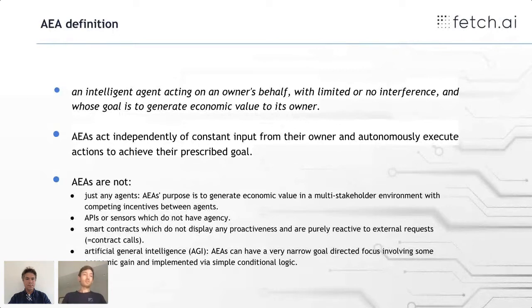And finally, I think it's also important not to worry that AAs are some sort of intractable piece of software which doesn't yet exist or might only one day exist. So it's not to be equated with artificial general intelligence. An AA can implement very basic logic, but which is useful to the owner and delivers economic value. So for instance, as Toby was mentioning, if you have a street sign being represented by an agent, that logic might be extremely simple, but it delivers value to those cars which pass by, or in other scenarios.